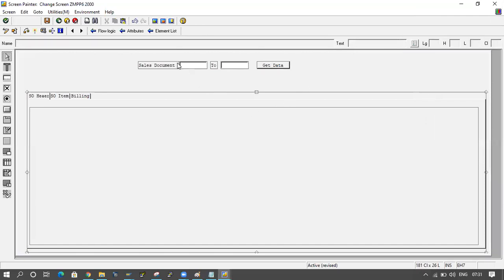Now what I'm doing, I'm giving some number. This is the from and this is the to. Sales document number from 4969 to 4975. I want to take the data. I mean, I'm giving a range here. Fine. Now I will save this. Click on back button.